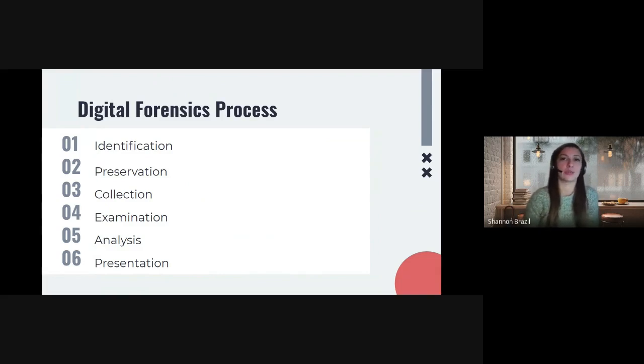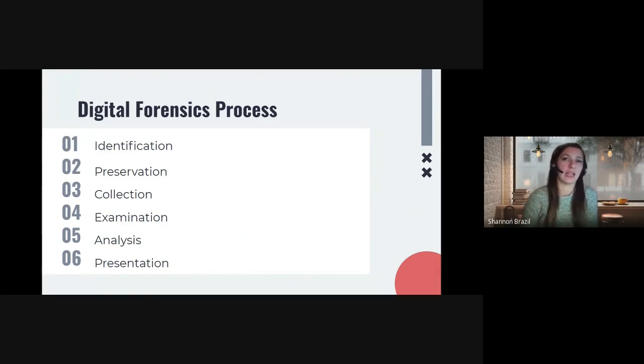Are you going to remove the server from the network? Are you going to power it down? There are so many different things that you should understand when preserving data, and essentially understanding the volatility of that data or evidence before taking steps in preservation. The next is collection. Once you've identified and preserved, the next step is to collect or acquire the data. Examination, of course, is just examining the integrity, making sure that everything is good,